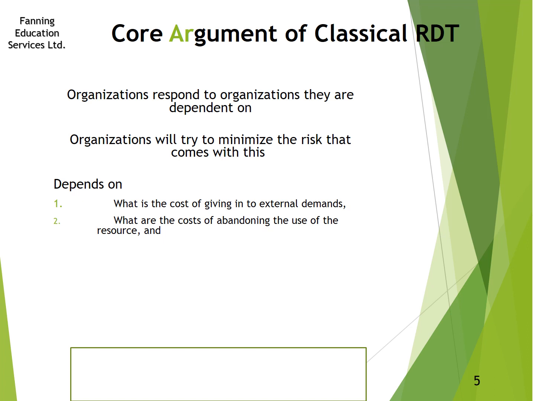What costs are involved in abandoning resources? It may well be that certain suppliers can be replaced. It may be that you can get your training internally rather than having to use the local universities and local colleges. But is this going to be expensive? Are you going to have to set up an infrastructure? How quickly can you do it? And are these demands conflicting with other demands of the organization, with other actors within your organization?